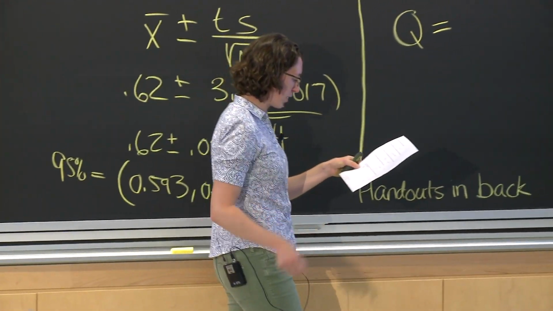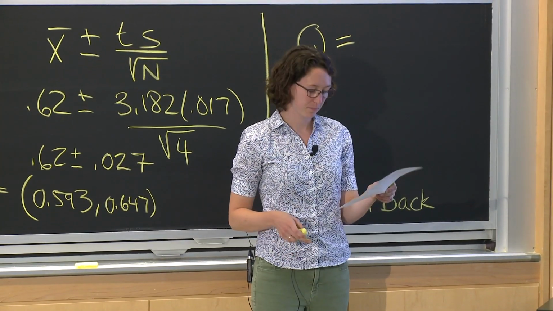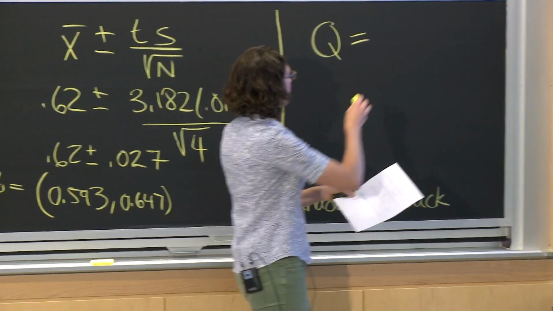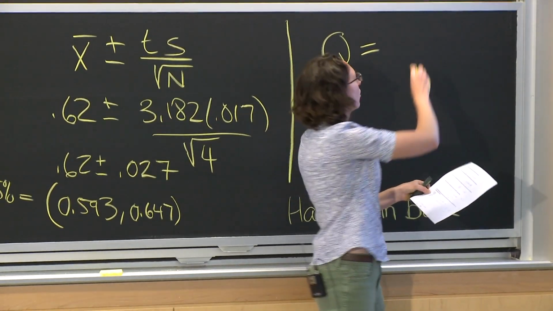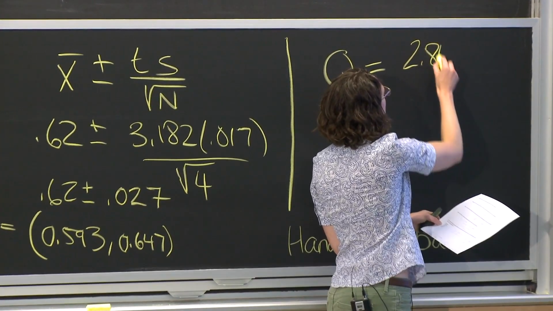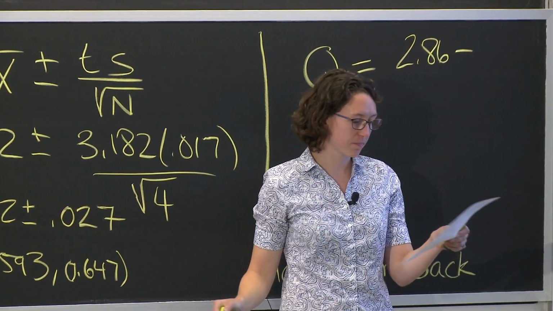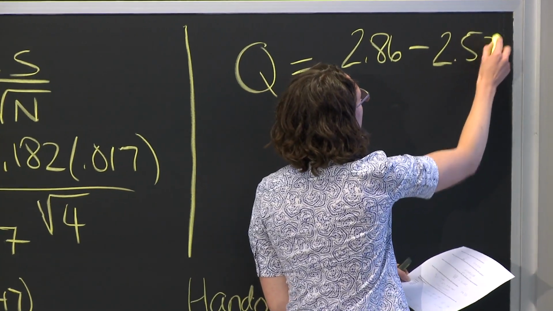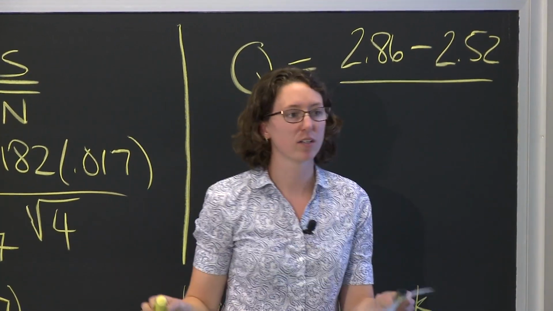Which result might be questionable? 2.86, yeah, that seems to be a little bit higher than everybody else. So our questionable result is 2.86 minus 2.52, its next closest neighbor, divided by